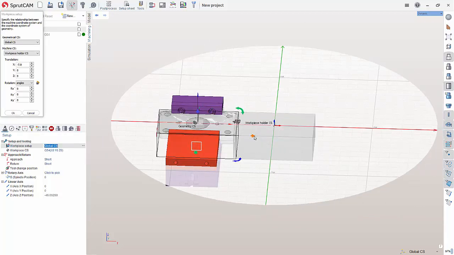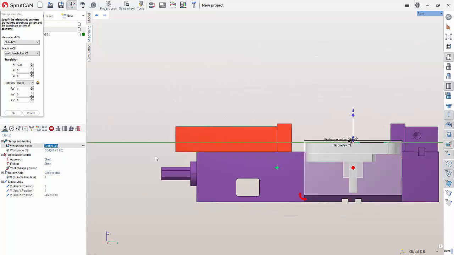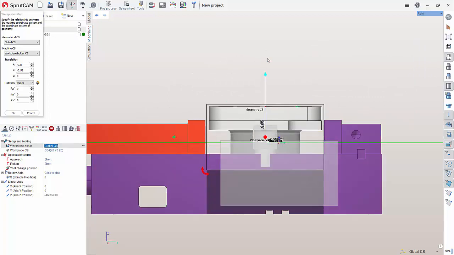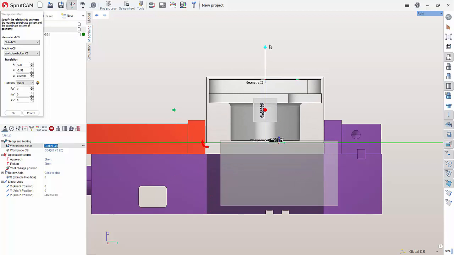So I always do X first to get it somewhat lined up in the vise. So when we raise it up in Z and Y, we're already in the vise so it can snap to it. And then right side view or left, whichever you prefer, line this up like so. Move it up in Z. Okay. And then I want to